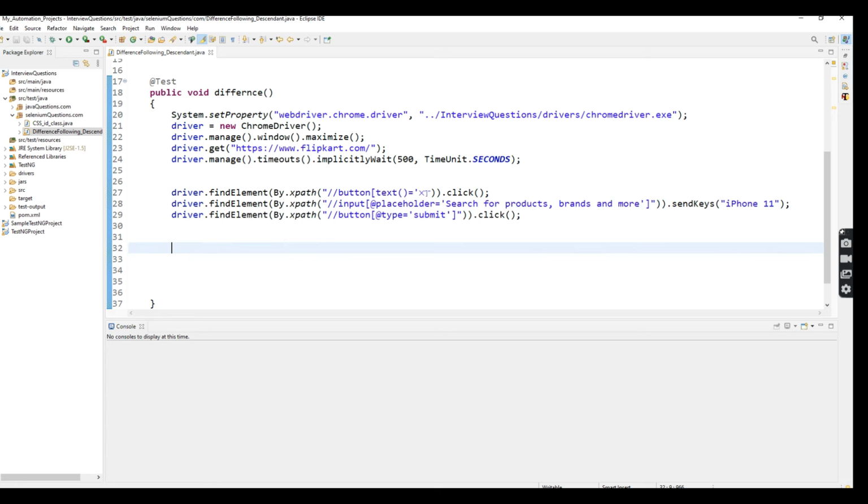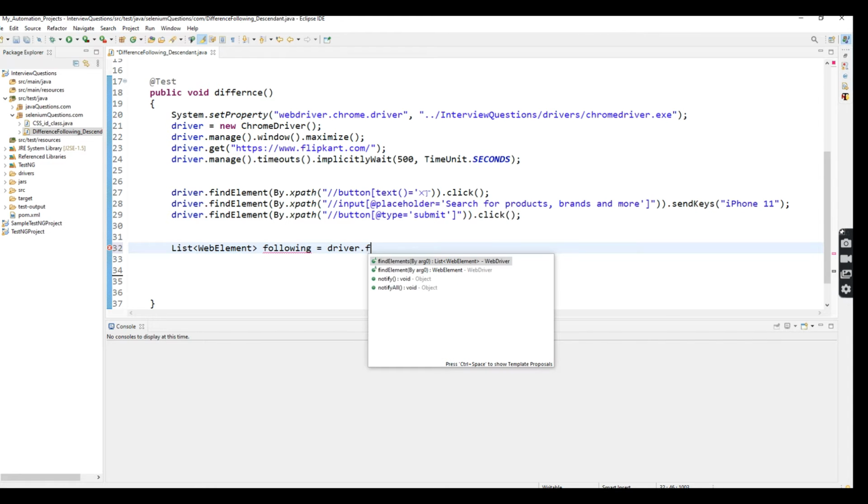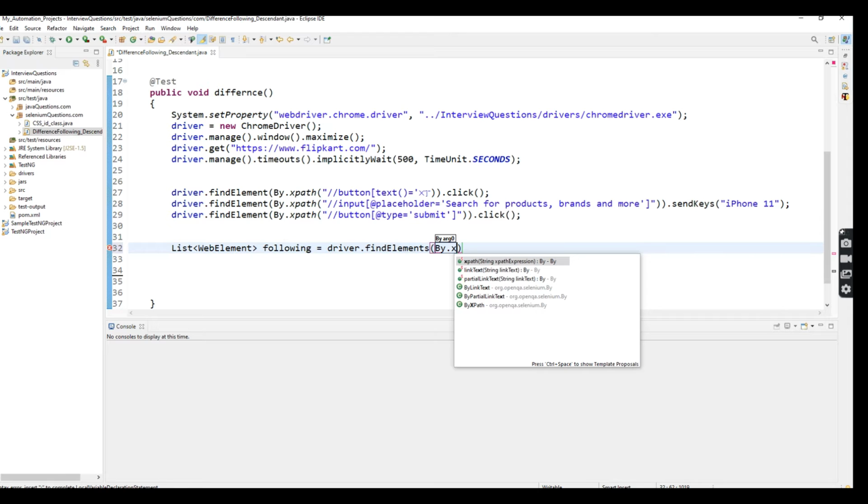If you want to print more than one element, what is the method we are going to follow? List of web elements. Correct? List of web elements. Here I'm using following: driver dot find elements by dot XPath.